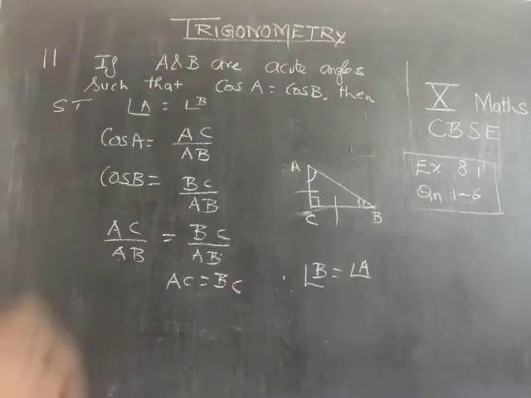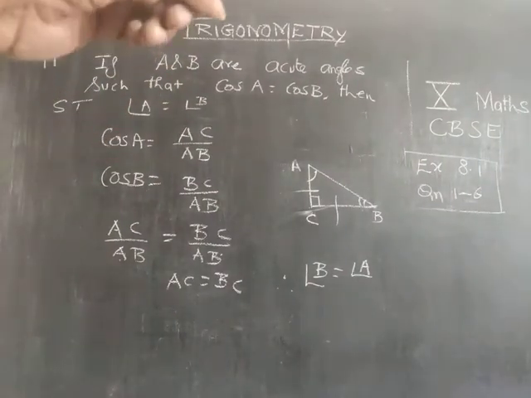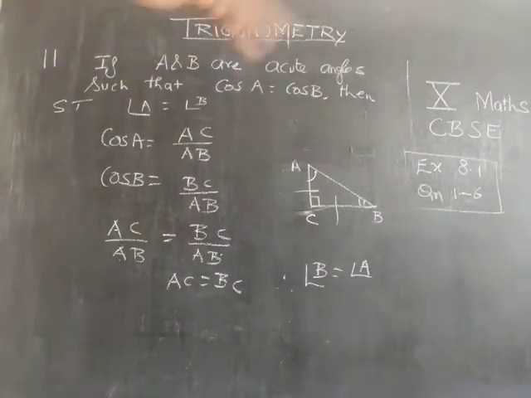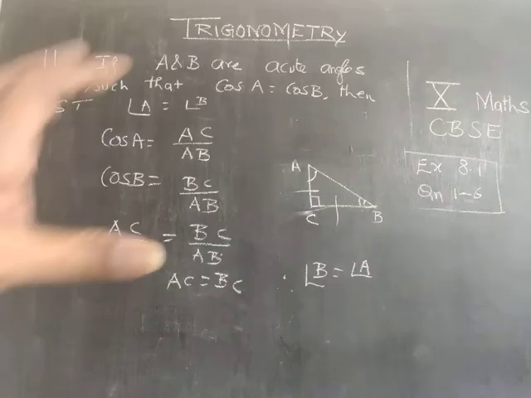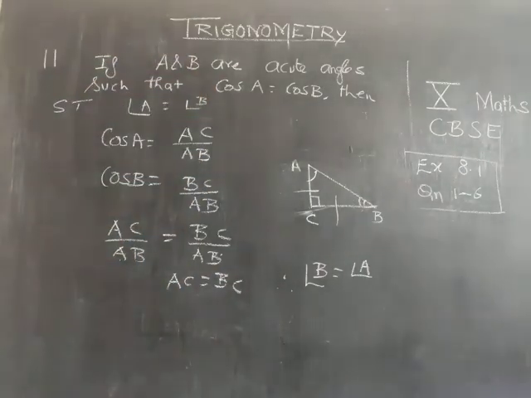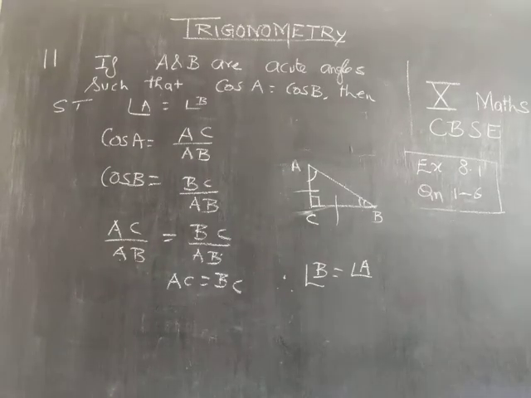So don't get confused with the previous example. That's why I have mentioned that in example 2 they have given likewise cos something equal to cos something, but in two different triangles. So that becomes a little bit complicated. We have to prove that the two triangles are similar, and then only we can jump to the conclusion that the angles are equal. Whereas here, it is a very simple one, the same triangle, two angles other than 90 degrees are said to be equal. They said that cos A equal to cos B, and they are asking to prove that angle A equal to angle B. So very simple problem, we have solved it.